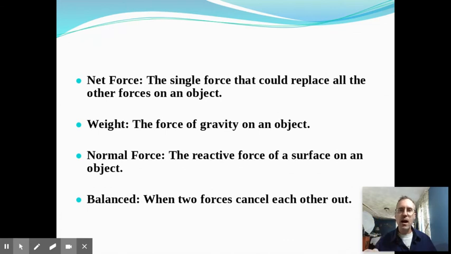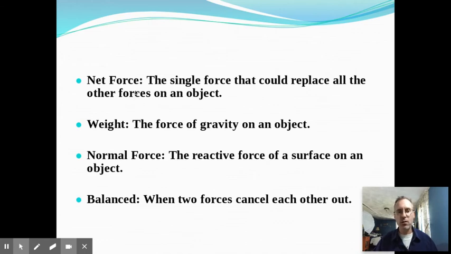And yes, inanimate objects can produce what are called reactionary forces or normal forces. Happens all the time. When you stand on the floor, the floor produces a normal force which pushes up against your weight and balances it out, cancels it out, and thus you don't fall. So your net force when you're standing on the floor between your weight and the floor is zero. Let's say again you weigh 100 pounds, you would have 100 pounds pulling down. The floor would produce 100 pounds normal force pushing up on you, and you would have a net force,